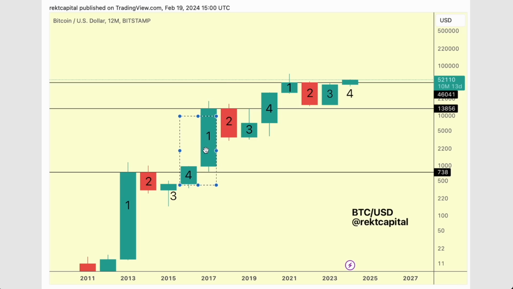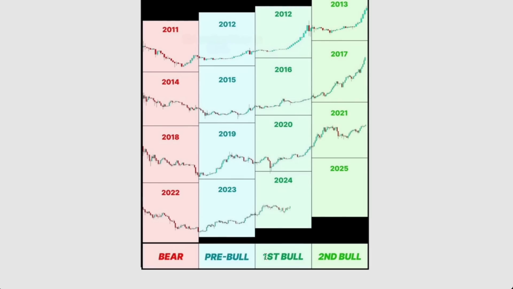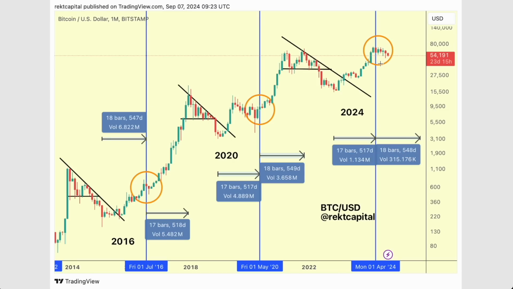And we tend to see that candle 4 sets up candle 1. And of course, we do see diminishing returns over time. But the main thing to keep in mind is that we're still only in the halving year. And the halving year is represented in this part of the cheat sheet: the first bull year, the first part of the bear market, and then the second part of the bear market comes in 2025. And it's really important to keep that in mind while juxtaposing also this cheat sheet right over here.